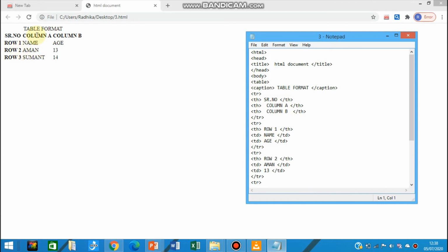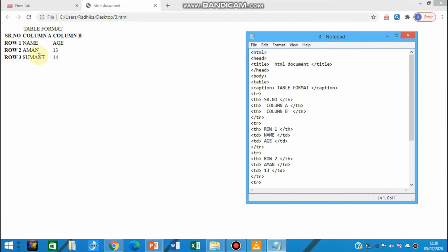Okay. Fine. The table format has the caption. Okay, caption means what? Table heading. The table heading you have to mention inside the caption tag. Fine. So whatever heading you mention inside the caption tag, that heading will appear here.